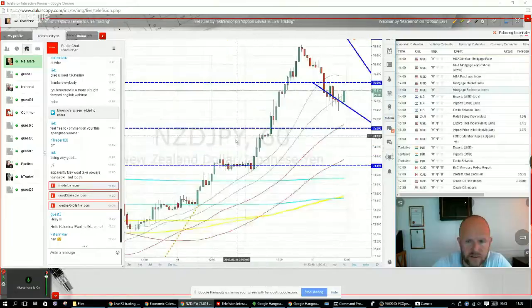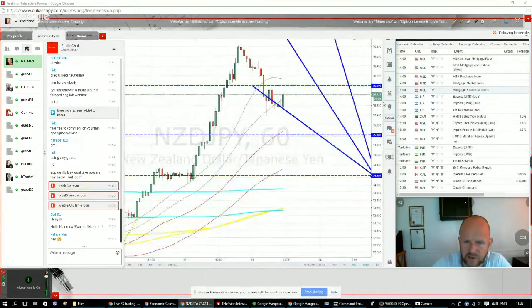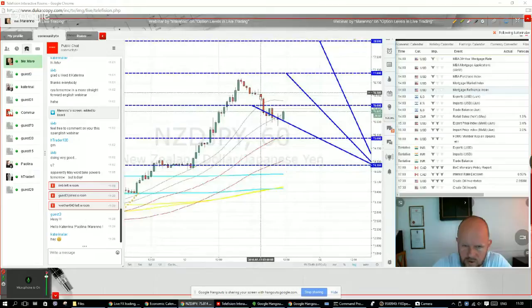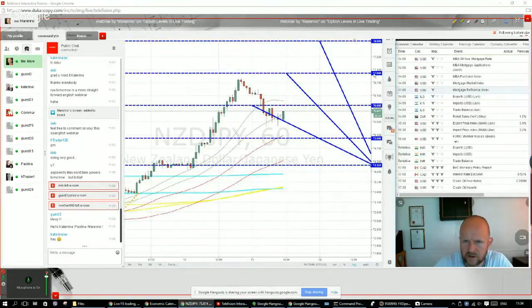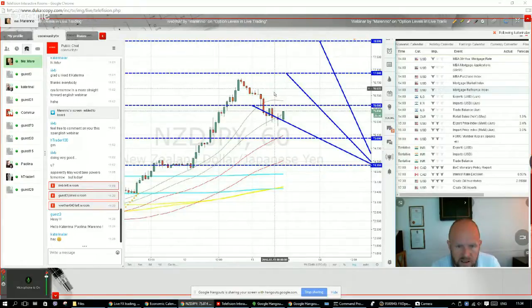New Zealand yen won't draw anything new here. As you can see, the levels are on the rounded numbers: 76, 77, 78. I do expect this price to go down, and that's the level I watch, basically. First of all, I will try to sell it at 76.0, but only in case